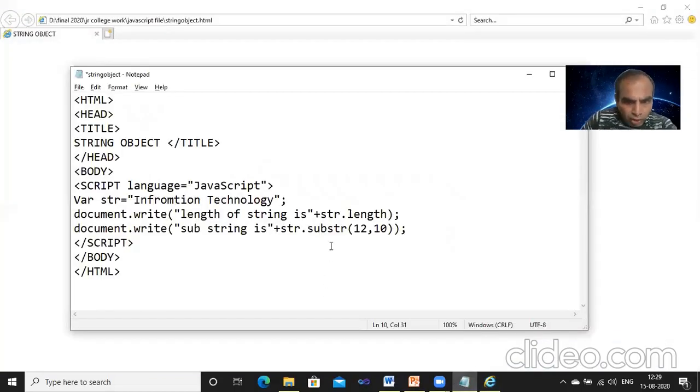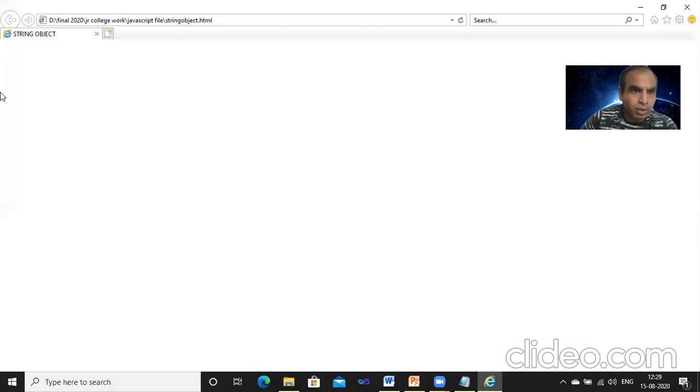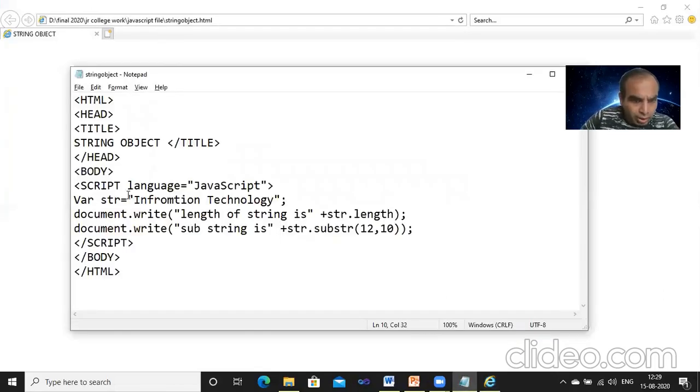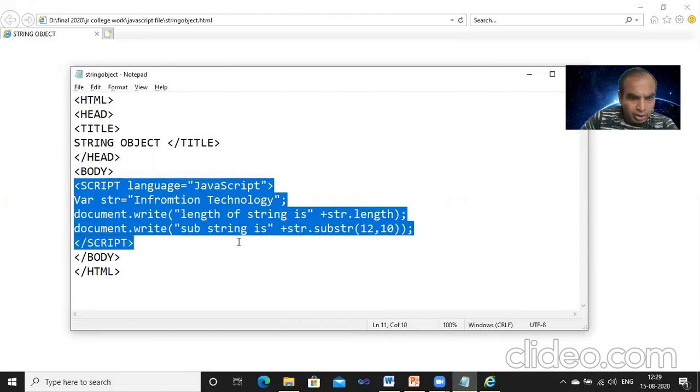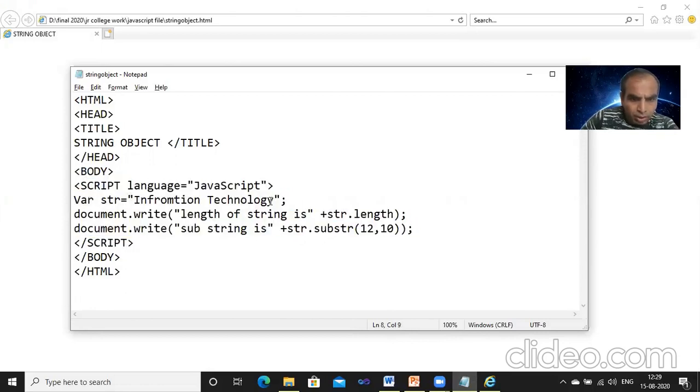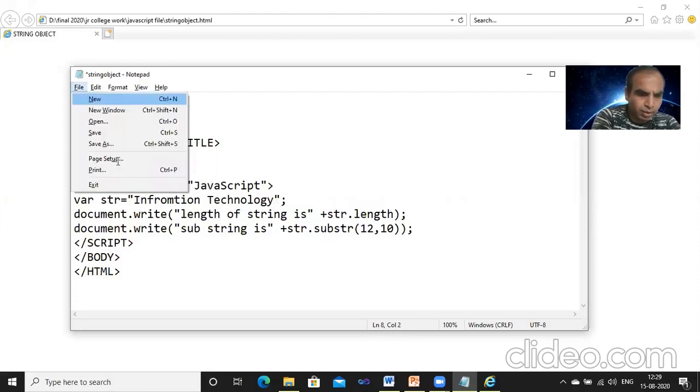What is the wrong thing? We have to see that part, plus there is a space. File, save, refresh again. Let's see again, script language equal to JavaScript, that is right. That you can write in the heading section also. But now the code, variable str, var keyword, file, save.